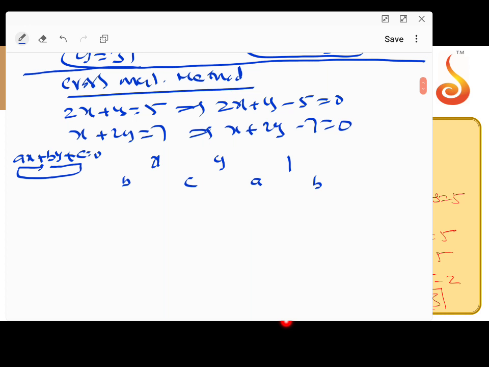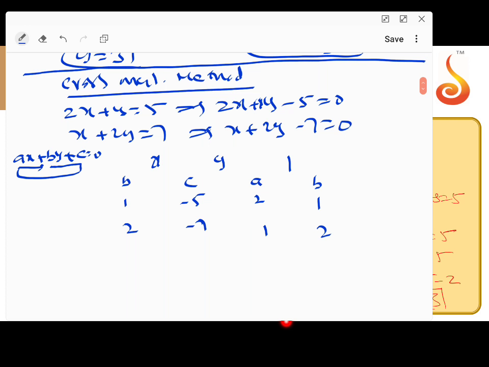On the left of 1, I take a, means x coefficient. And I come back to b coefficients. So now in this equation, let us start with b coefficients. Here not y coefficient, sorry. So y coefficient 1 here, 2 here. So means 1, 2. Because nothing means 1 you can take. Constant terms with symbol you can take minus y, minus 7. And x coefficient 2, 1. And y coefficient 1, comma 2.